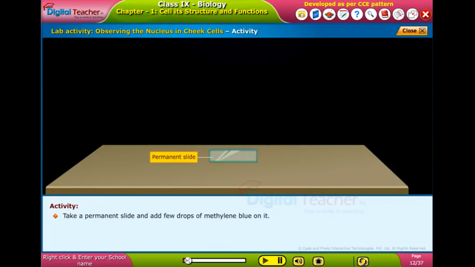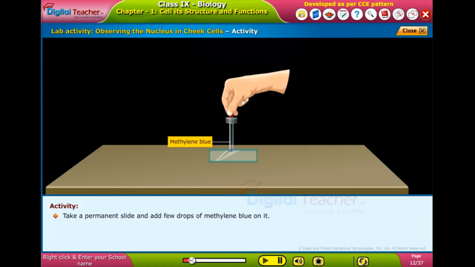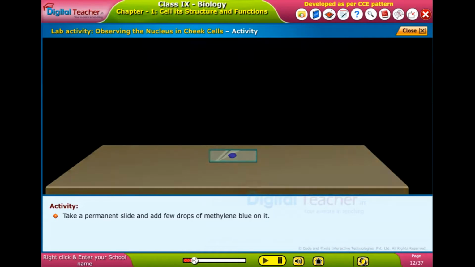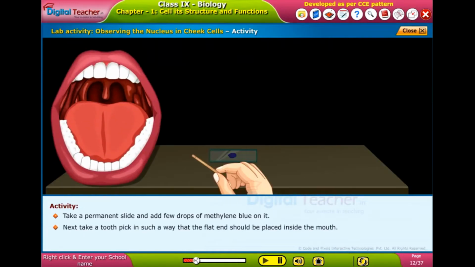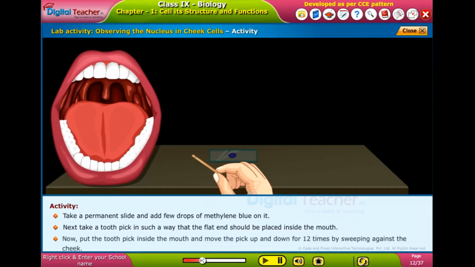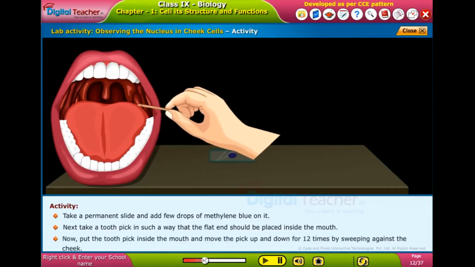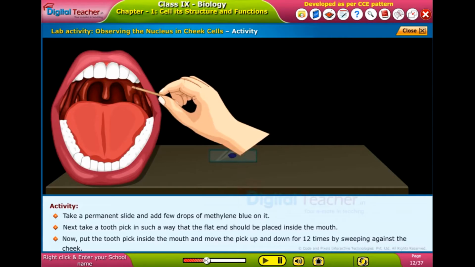Take a permanent slide and add a few drops of methylene blue on it. Now take a toothpick in such a way that the flat end should be placed inside the mouth. Now put the toothpick inside the mouth and move the pick up and down 12 times by sweeping against